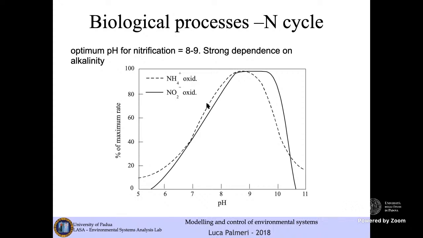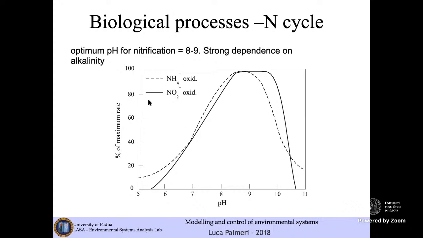In particular, these two graphs tell you that both for the first part of the process, that is ammonia oxidation, and the second part of the process, that is nitrite oxidation, continuous and dashed lines, you have an interval of pH, let's say between 8 and 9, in which you have a maximum,